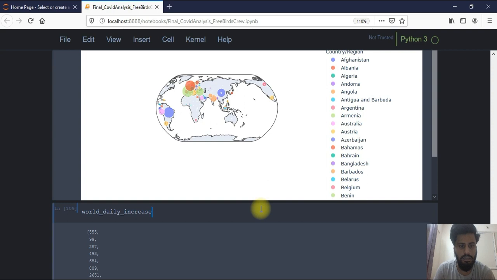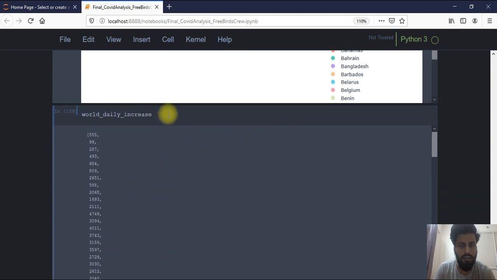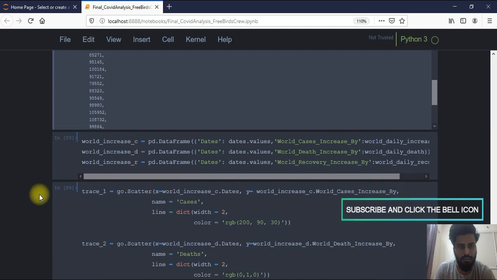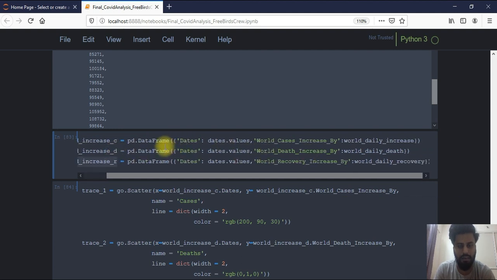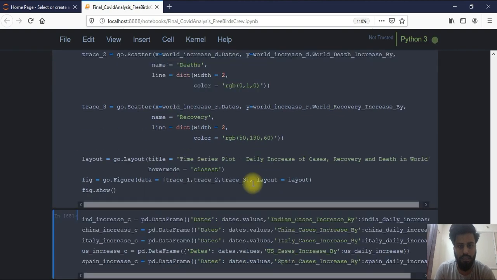And now, as you know, we made a function for the daily increase of cases. So now it's time to visualize that also. As you know, world cases increase on a daily basis. Just an increase in 1 day, an increase in 2 days, an increase on the third day, an increase on the fourth day. These are the increase numbers. So I can make a world increase for cases, for deaths, and for recoveries. Again I use that pandas data frame trick, and now simply make a scatter plot for that.